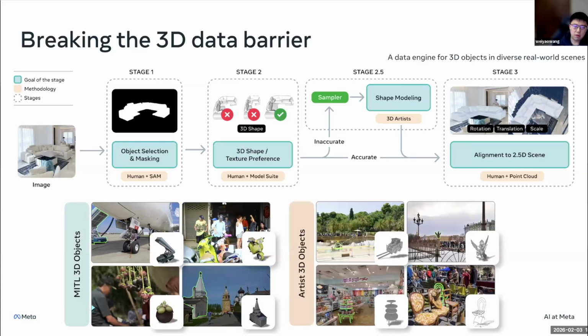And even on the right, for some of the cases where the model is not able to generate high quality results, we loop in 3D artists. But this is actually a very small scale collection, and we want to use it for the most difficult cases. This is good for data efficiency, for example. So with the data engine right now, we're able to collect more data at scale, but this isn't enough. This needs to be tightly coupled with the training paradigm.